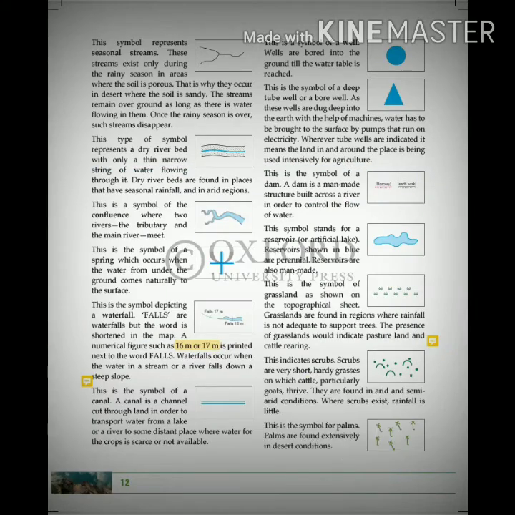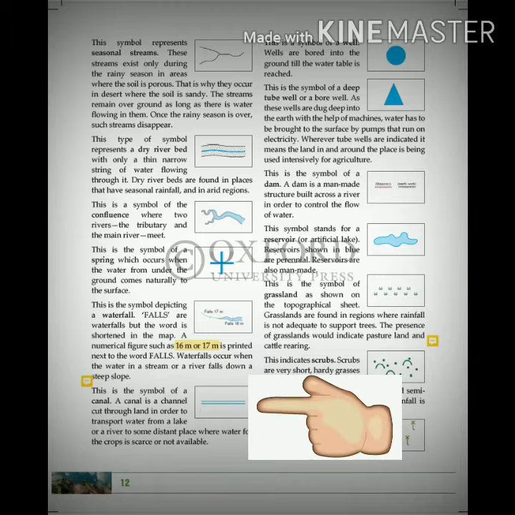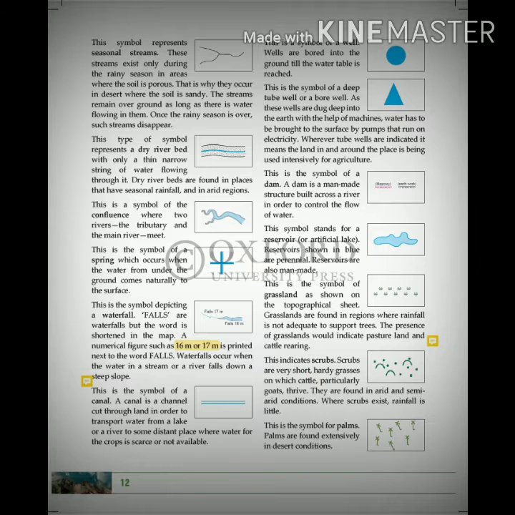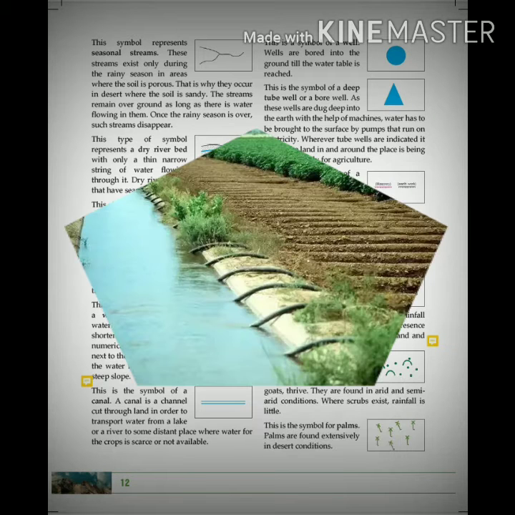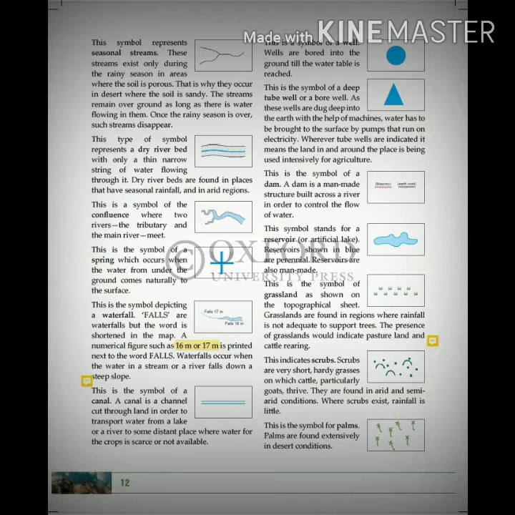The next symbol is canal. A canal is a channel cut through land in order to transport water from a lake or a river to some distant place where water for the crops is scarce or not available at all. The next symbol is for a well and a deep tube well or bore well.